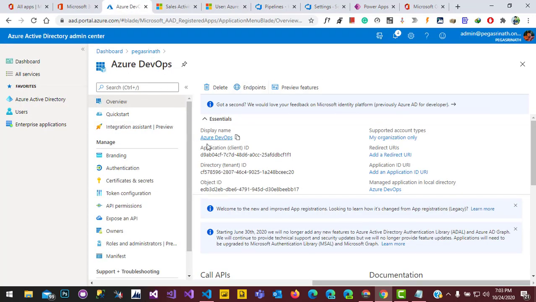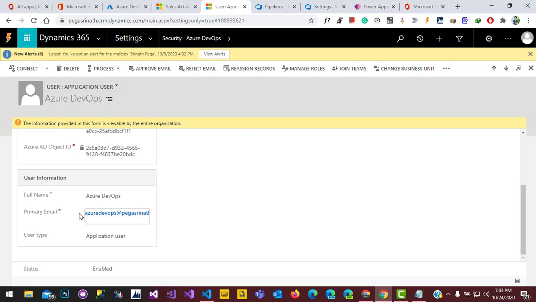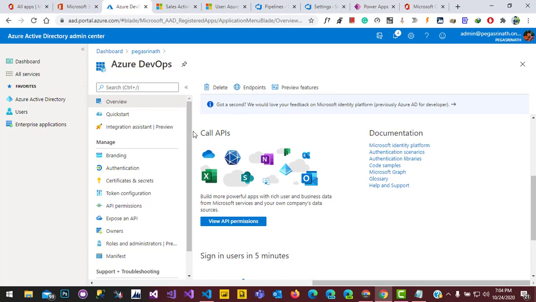So all are here with these IDs. This application user got linked with this ID, so we already gave the permission to access Dynamics 365 with this app registration. So by that, with the help of the secret key, this can export and import the solution from one environment to another environment.